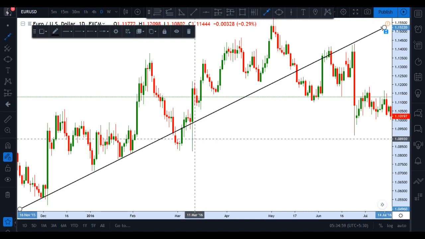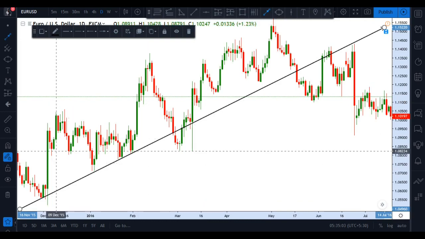All right. Now we call an uptrend a bullish trend, because of the way that animals fight. You know that bulls are pushing up with their horns when they're fighting. That's why